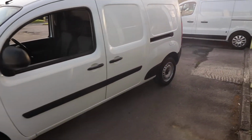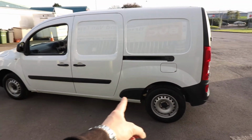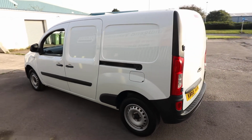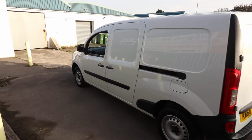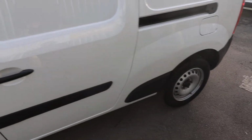You can always tell, as I mentioned at the very start of the video, this is an extra long wheelbase. You can always tell because it's got that little panel just there. So it's quite unusual to find one of these in the extra long wheelbase. We've had plenty of compacts and longs. To get one in an extra long is quite unusual, but that's the quickest way to tell if it is